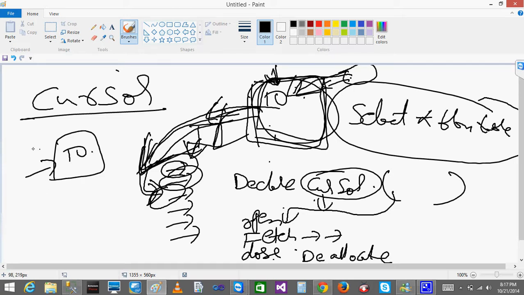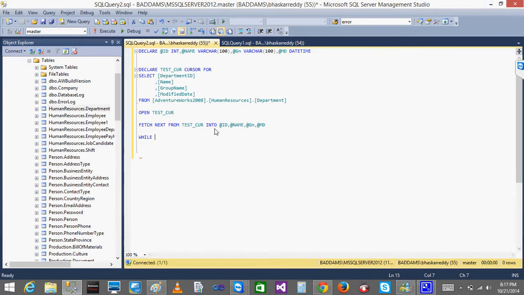Once it fetches the last record, it should terminate the process, right. For that purpose, you will use a while loop. In the while loop, by default there is a global variable called fetch status, okay. It is a declared global variable. By default, whenever the fetch is done, it will be negative -1, okay.